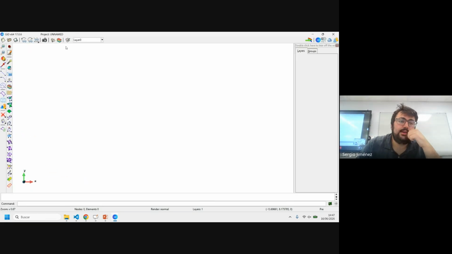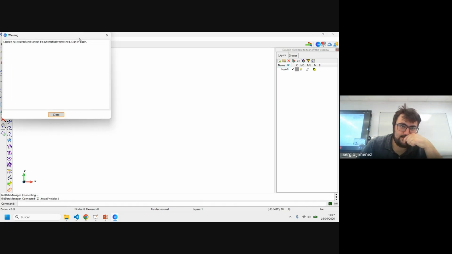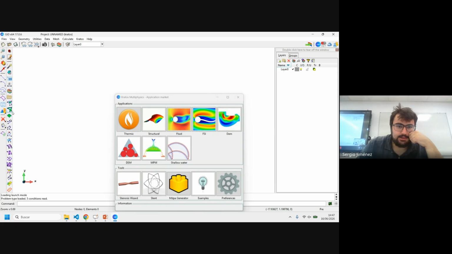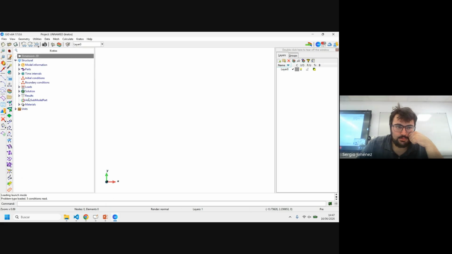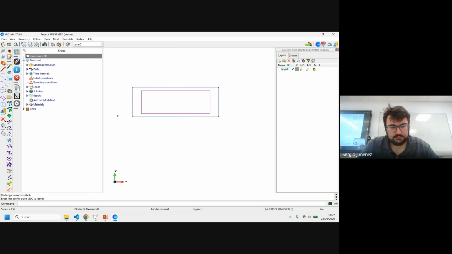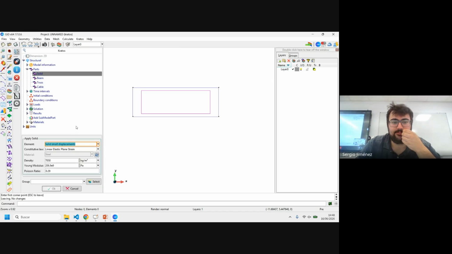If in my GID project I open the Kratos problem type and create a basic model, just to be able to see what specific information is required to be introduced. So this is my geometry, okay? And now I want to see which variables are input from the GID problem type